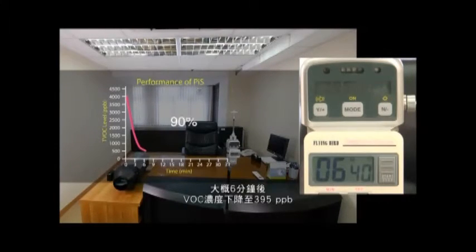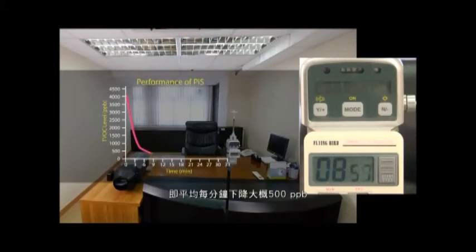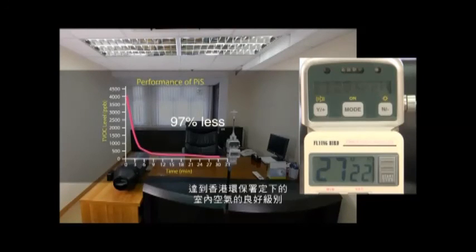After 6 minutes, the TVOC concentration is lowered to 395 ppb, which means the concentration has dropped at an average rate of 515 ppb per minute, and in less than 30 minutes, the concentration has dropped to below 120 ppb. This reading falls into the good class level for indoor air set by the Hong Kong Environment